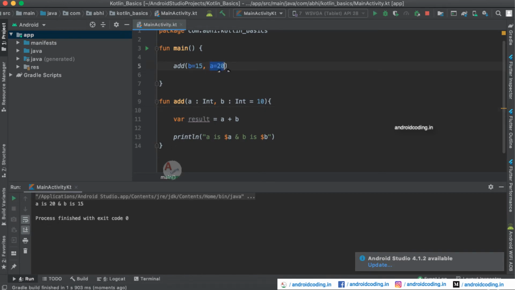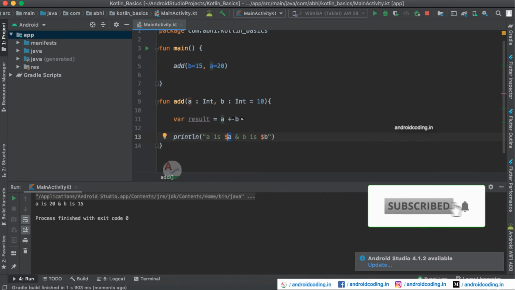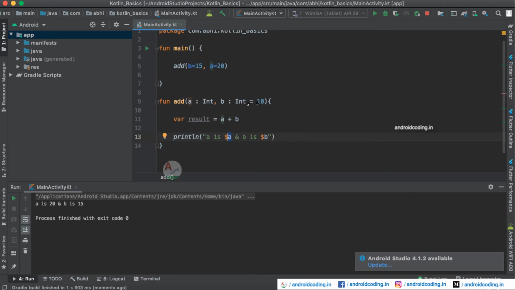Here you have declared the a value to be 20, so it is exactly going into the variable a here, and b is 15, so it is exactly going into the b position here. So with the use of named parameters, we are passing the parameters accurately to whatever position it might be. So here we have seen the four concepts till now, like declaring a default function, passing parameters to the function and also providing default arguments.